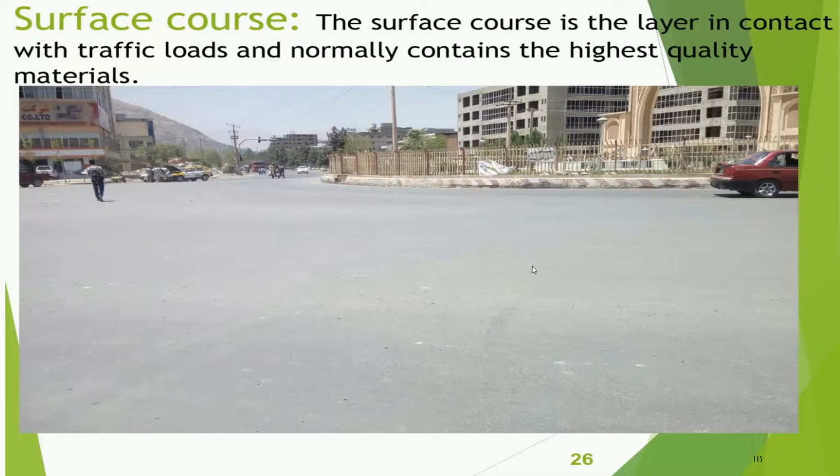So here, this is the actual photo, and students, here you can see how this surface course has been managed. Here we can see a horizontal curve has been provided for the motion of the vehicle, and this type of curve is provided due to the topography, or in many cases if a straight alignment is not possible, so in that case we provide this type of horizontal curve. So you can see this type of construction is called the surface course, and for better quality we always use the best type of material for the construction of the surface course.